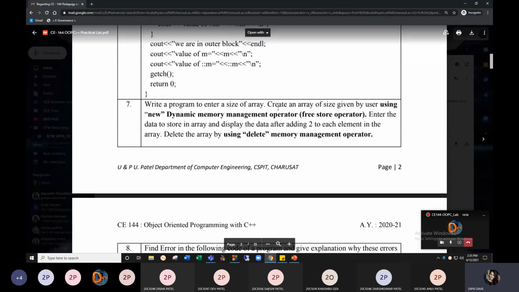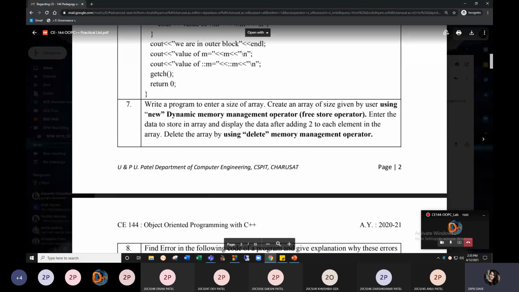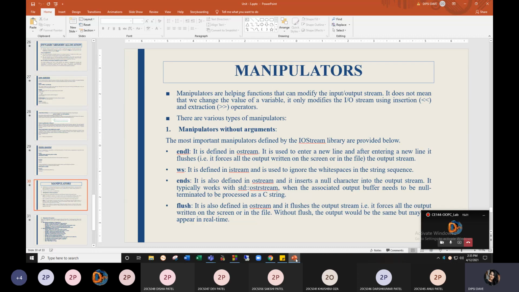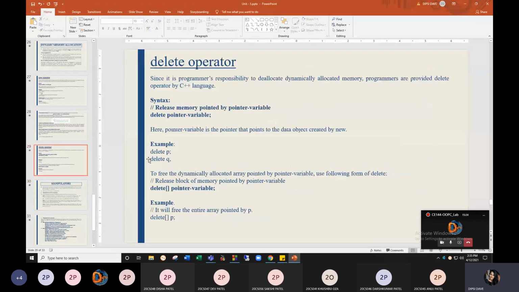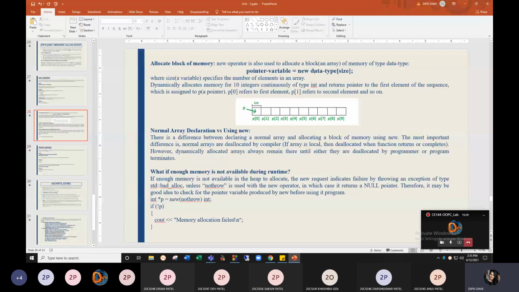Now we need to create an array of the size given by the user using the new dynamic memory management operator. This has been entered by the user, so we have to create an array of this size using the new operator. Let's see the syntax of new: pointer variable equals new data type, and in the brackets the size.